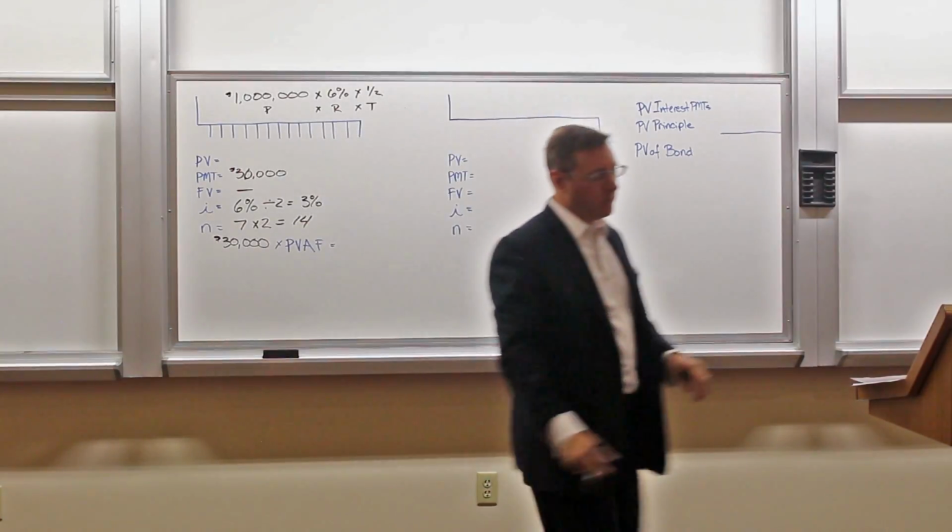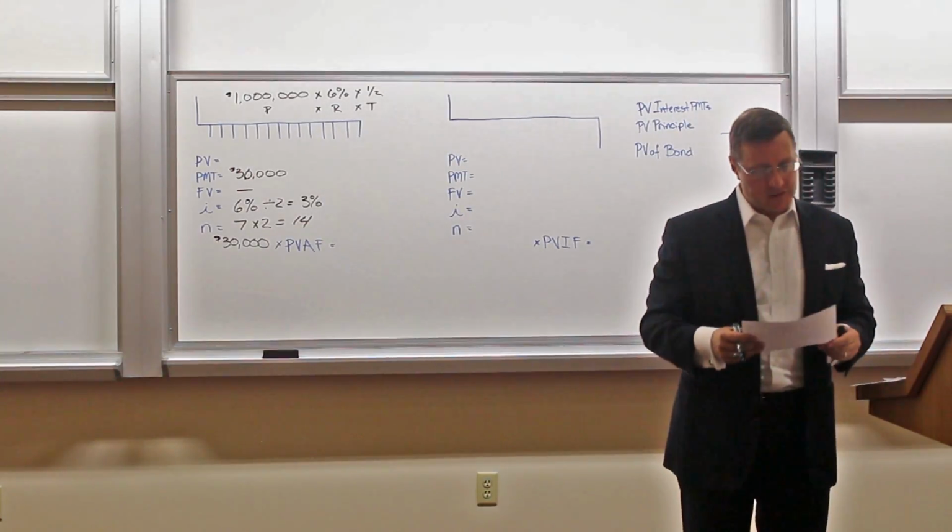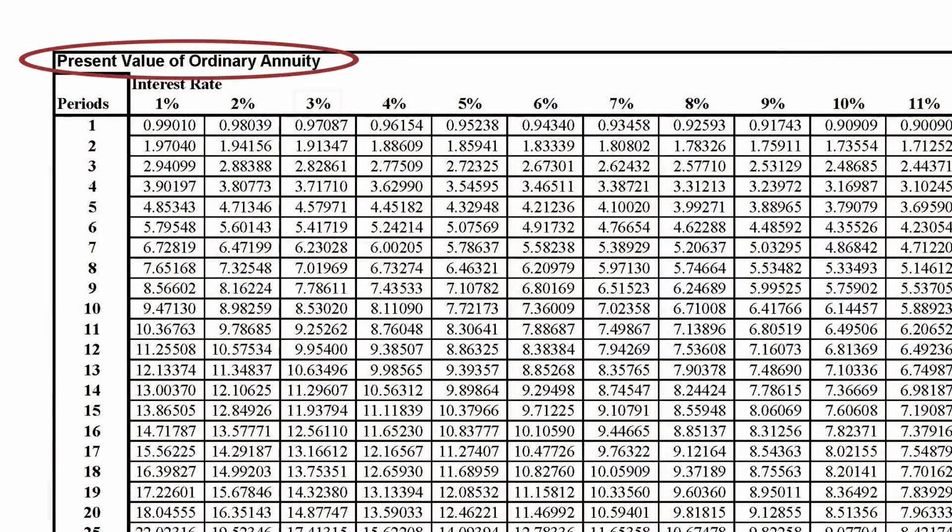Looking at our table, we go to the table that says the present value of an ordinary annuity. We run our finger over to our interest rate, 3%, and we run our finger down to 14 periods, which gives us a present value annuity factor of